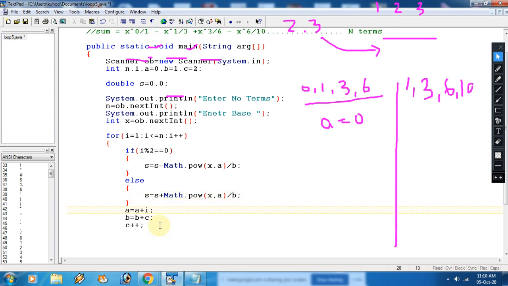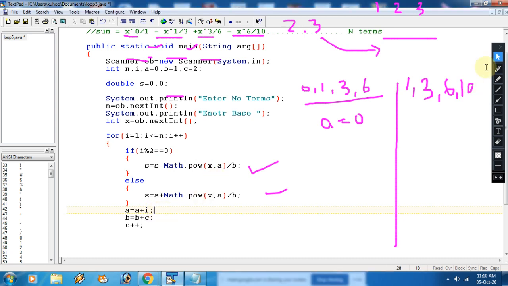Now just focus on the first part. So what are we doing? This is your first term, this is your third term. So 1, 3, 5, all odd terms we are adding, and now for all even terms we are subtracting. So for that we can simply put this condition. I am using this for simplification. Apart from this, there is one more variation which we can do: take a variable in which you store the minus symbol, then every time multiply. That is also correct, but I hope this one is easier for all of you.